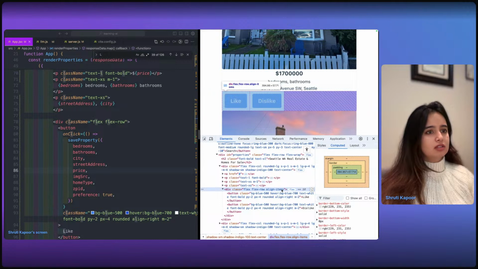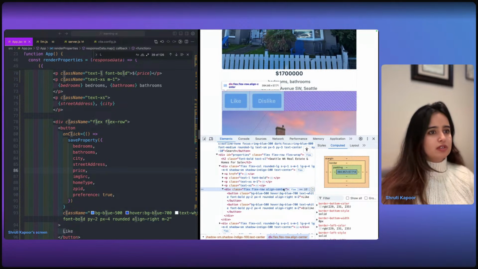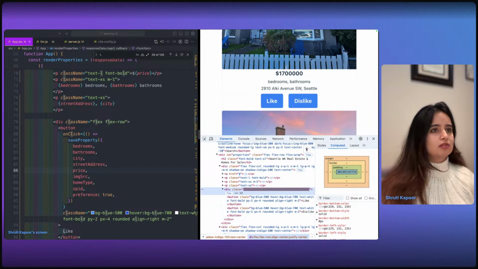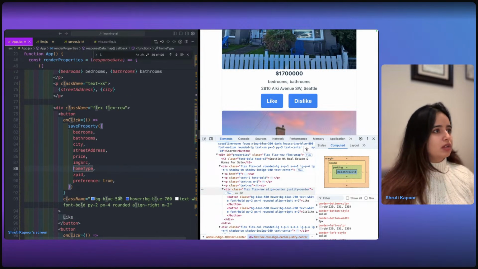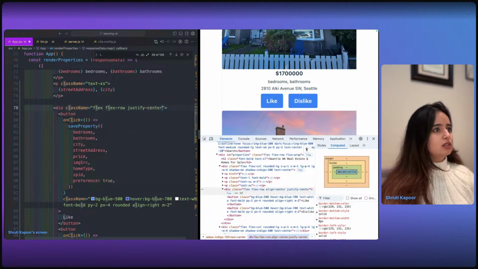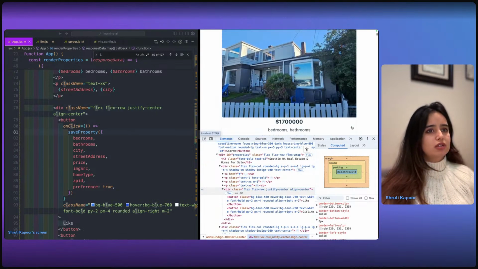Or is it align center? And then justify center. There you go. So let's do that. Justify center and align center. So it's nice and centered. That looks good.